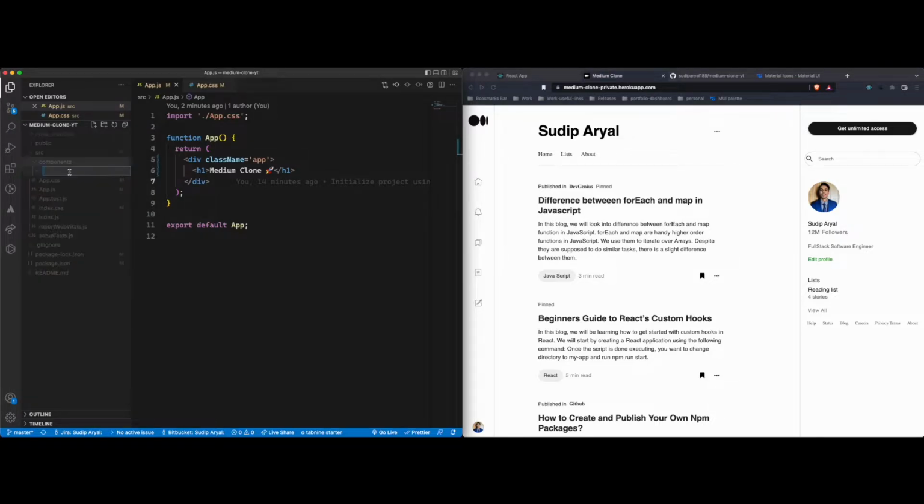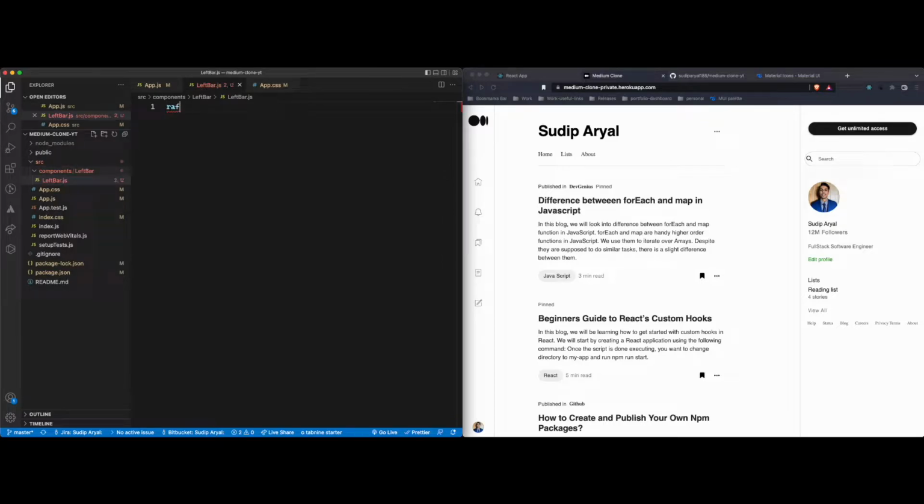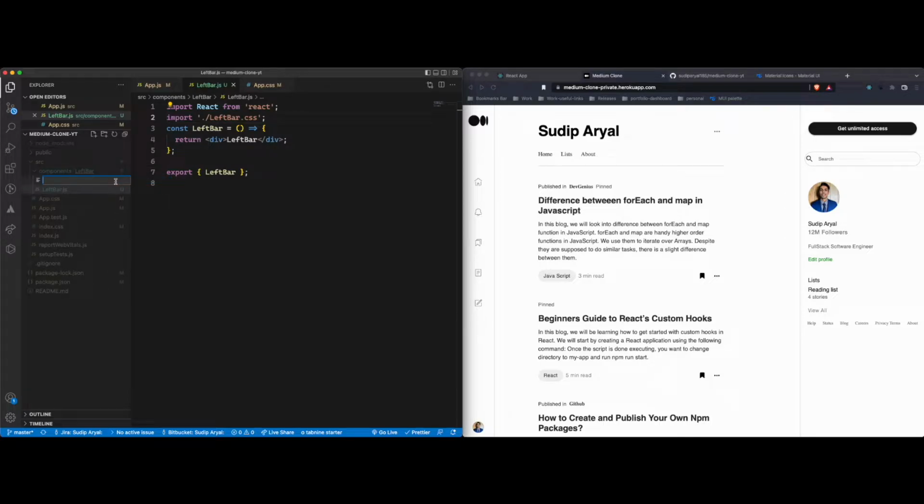Inside that, I'm going to create a new folder called left bar. So on this left bar, I'm going to create a new file called leftbar.js, RAFCE, and then I'm going to do the named export here, and I'm going to bring in the CSS file. It's going to come from /leftbar.css. Right now we don't have that file, but we're going to create that,